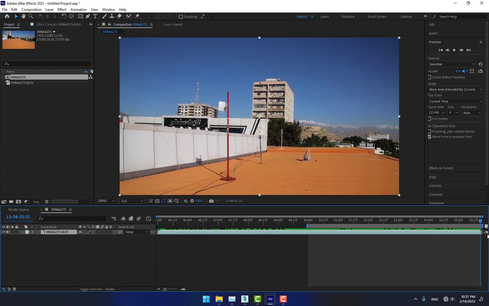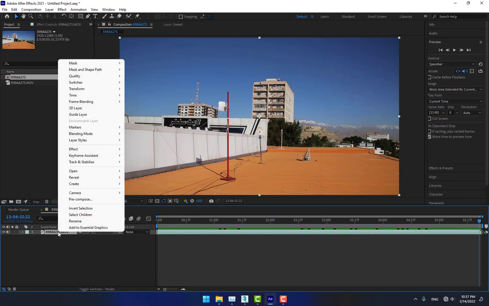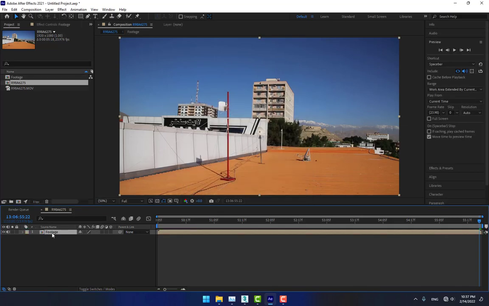Go to composition, trim comp, and right click, pre-compose, turn on move all attributes and name it footage. Press enter and then select your footage and go back to